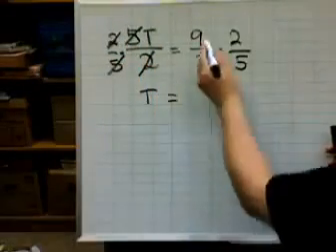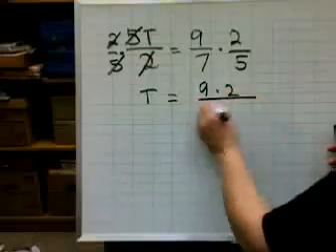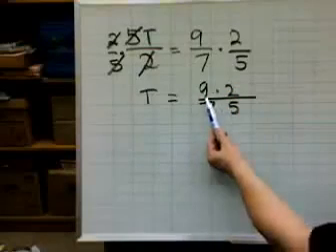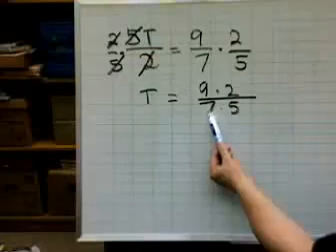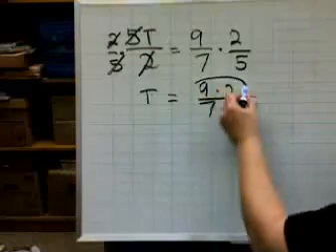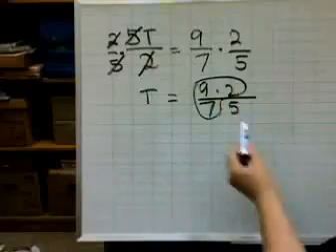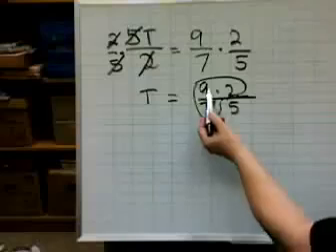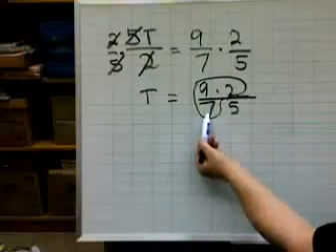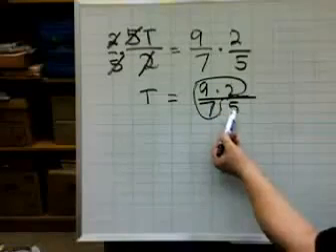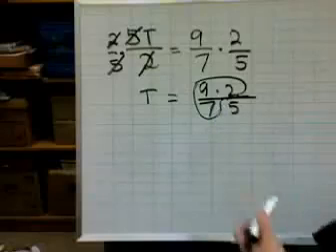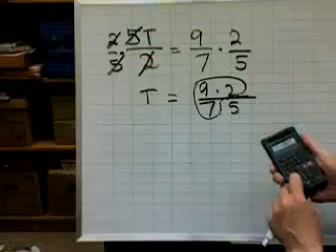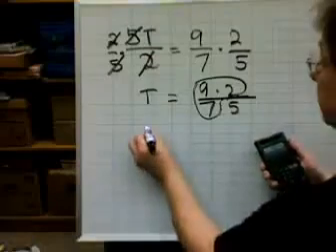T equals, we've got 9 times 2 over 7 times 5. And we put this in our calculator, we're going to say 9 times 2 divided by 7 divided by 5. Because the 5 is underneath, we take 9 times 2, divide by 7 because that's under, and then divide more by 5. Because at this point, the calculator already has an answer. So we'll say 9 times 2 divided by 7 divided by 5 equals, and we get t equals